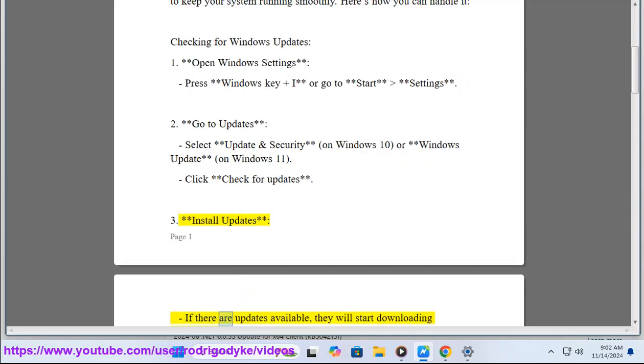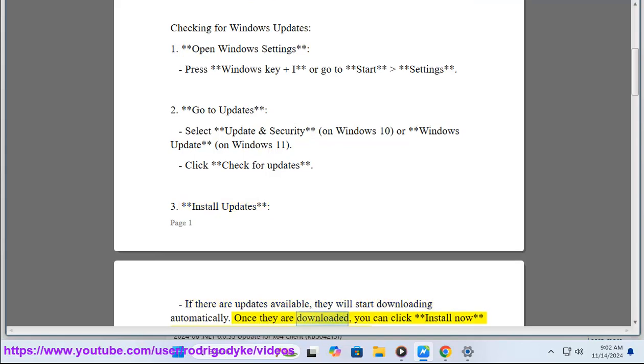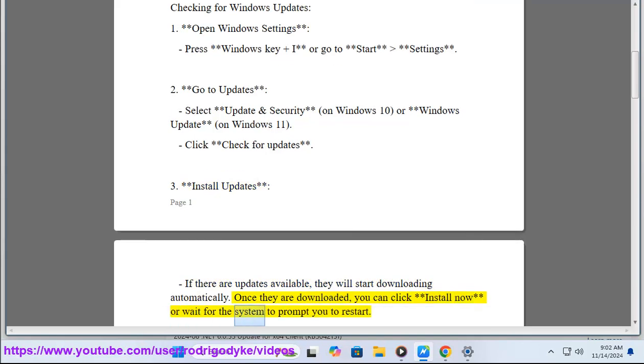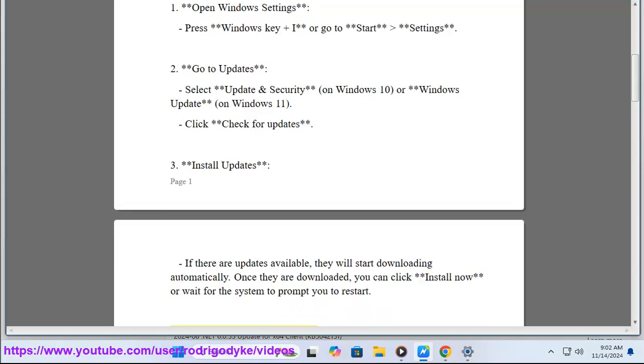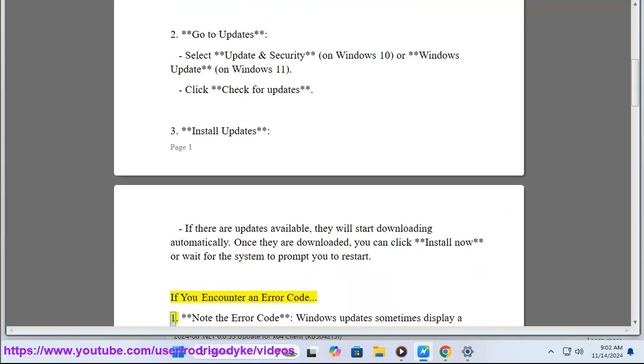3. Install updates. If there are updates available, they will start downloading automatically. Once they are downloaded, you can click Install Now or wait for the system to prompt you to restart. If you encounter an error code: